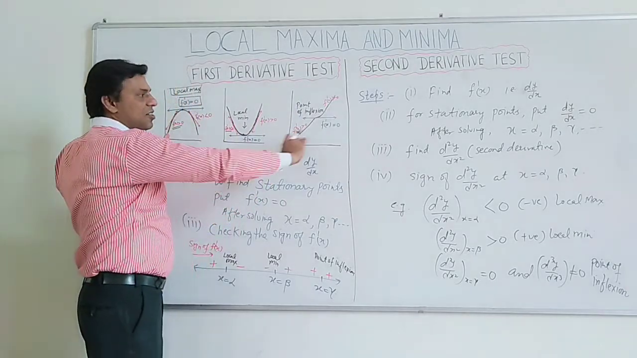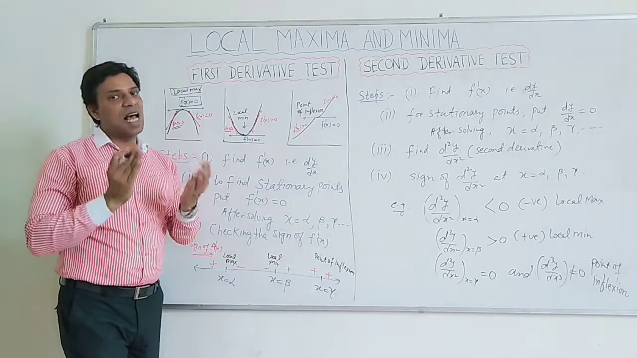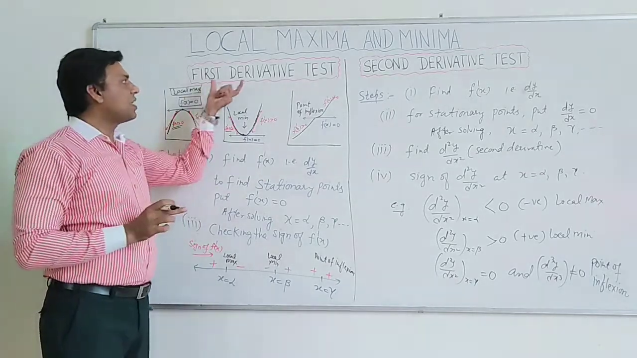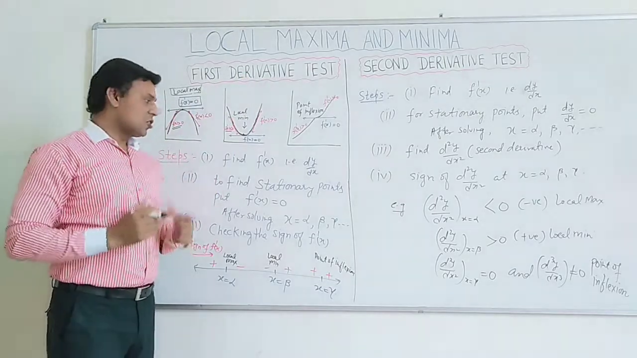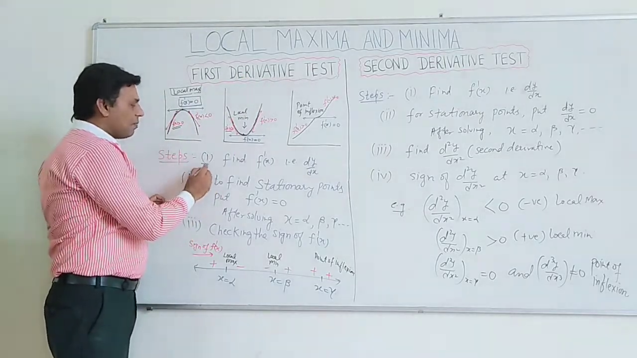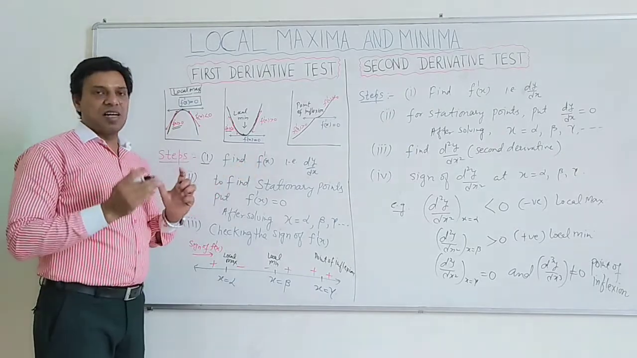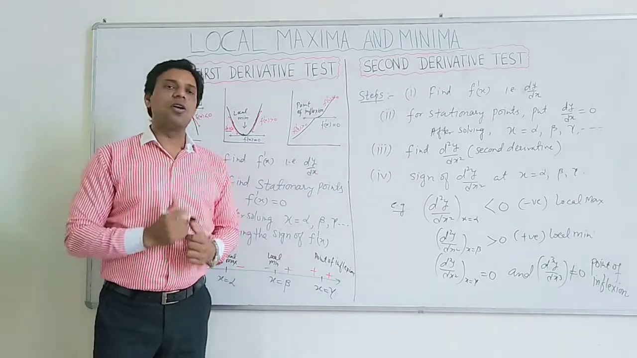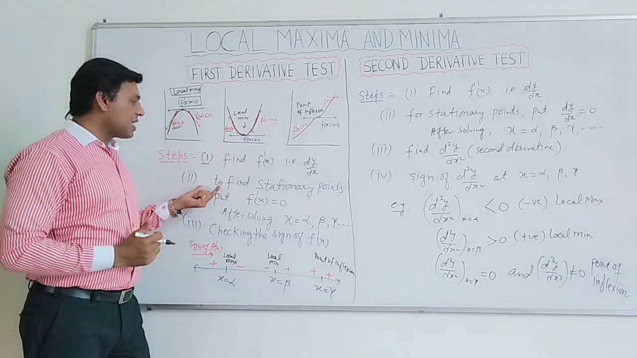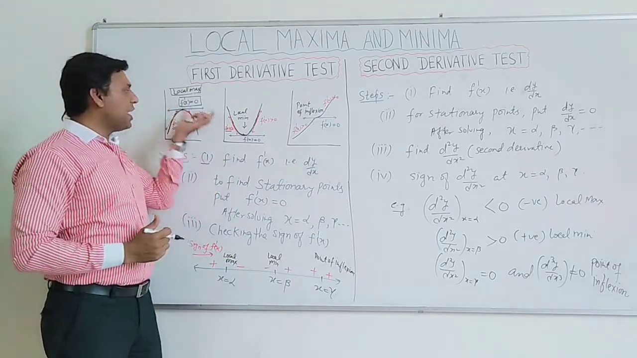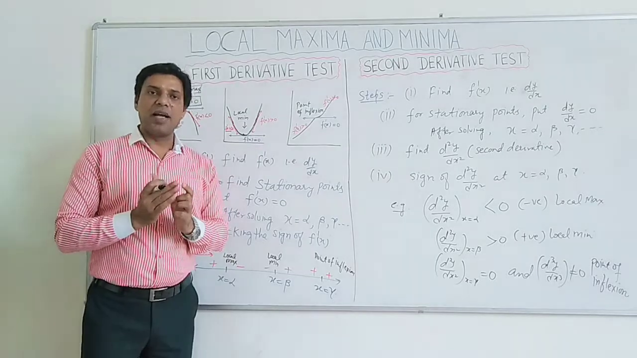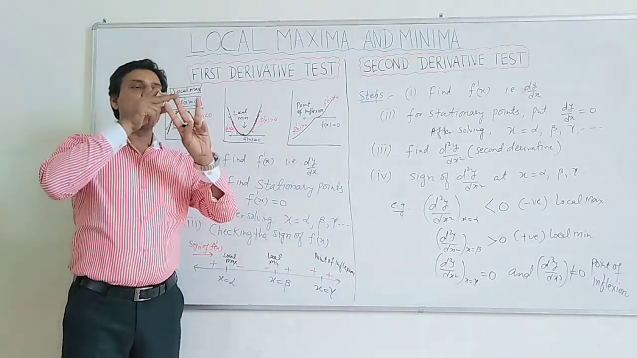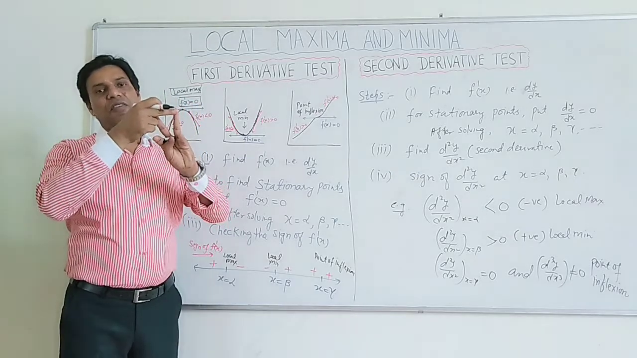If we have understood these three situations, then it will be very easy to understand the steps of the first derivative test. So what are these steps? Step number 1: find the first derivative, that is dy/dx. In the second step, because we need to find the stationary points, and at a stationary point there may be local maxima, local minima or a point of inflection,